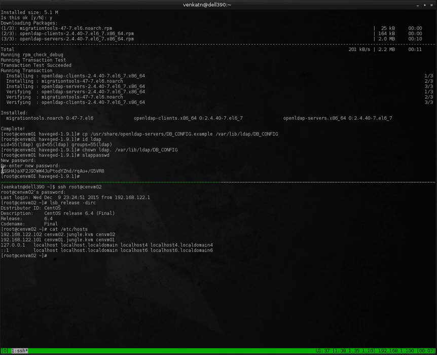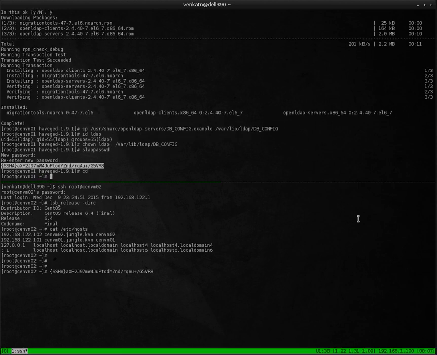So now we need to generate an LDAP admin password using the utility slappasswd. Okay, copy this somewhere. Let's say I'll copy it here. Now here I'm going to edit three different files. The first file I'm going to edit